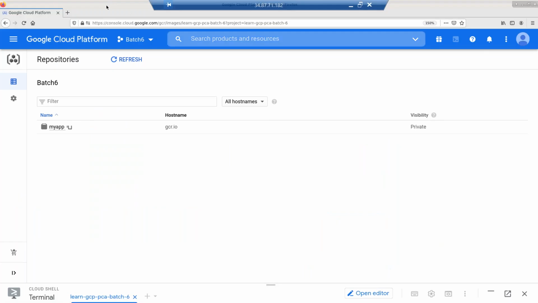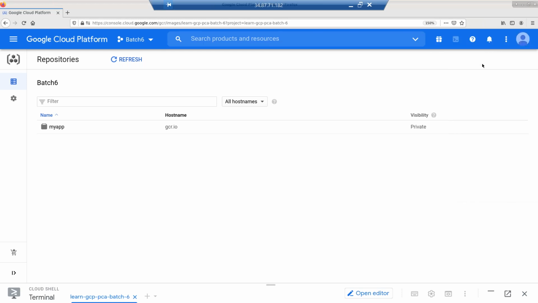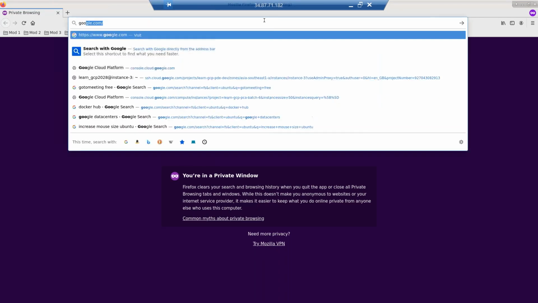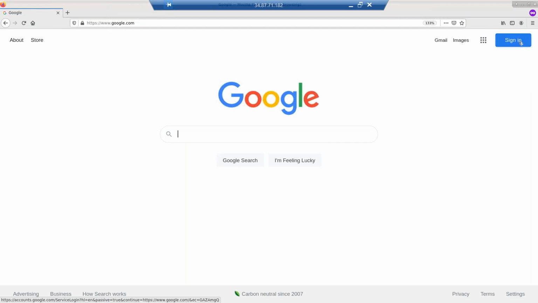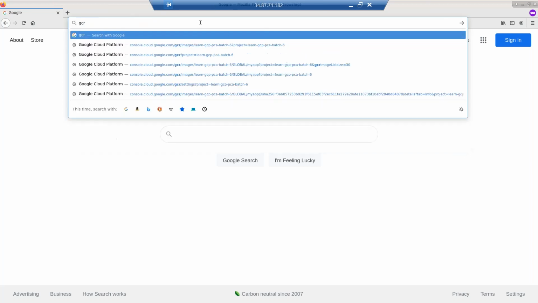Let me just help you out. I'll open it in an incognito window. It's a repo, yes, it's a repository. So Maven is basically a Java based repository, but here this is only going to be Docker based. That's it, Deepak. So if I just go to a private window where I have not logged into anything, if I just go to google.com, you will see I have not even signed in. The reason why I'm showing is that the images which are made available are public. So if I just go to gcr.io